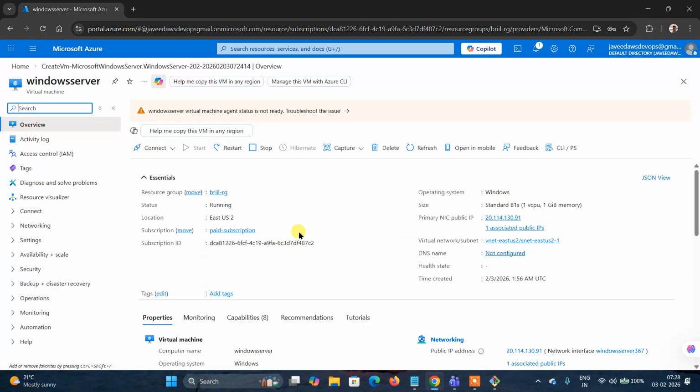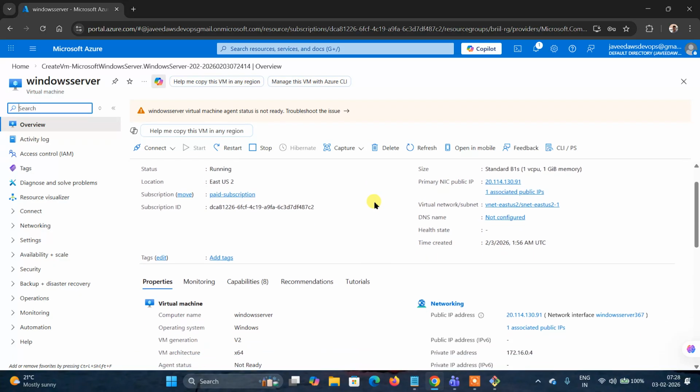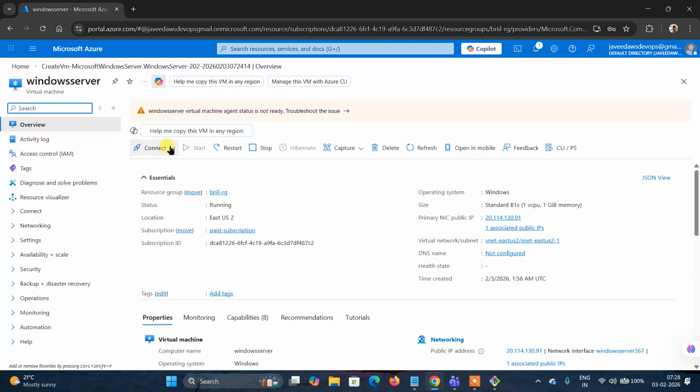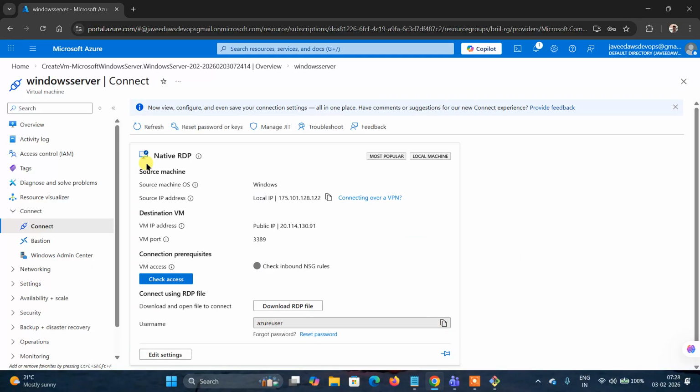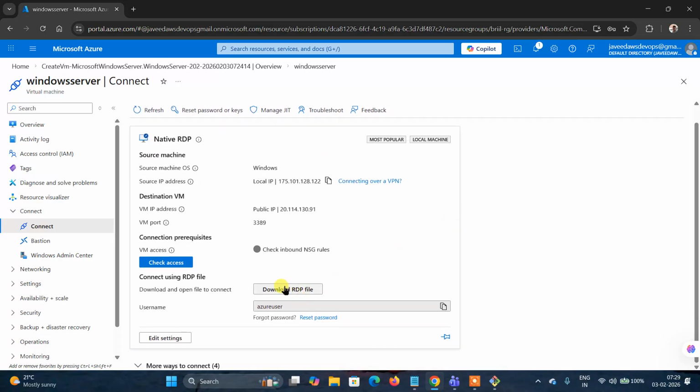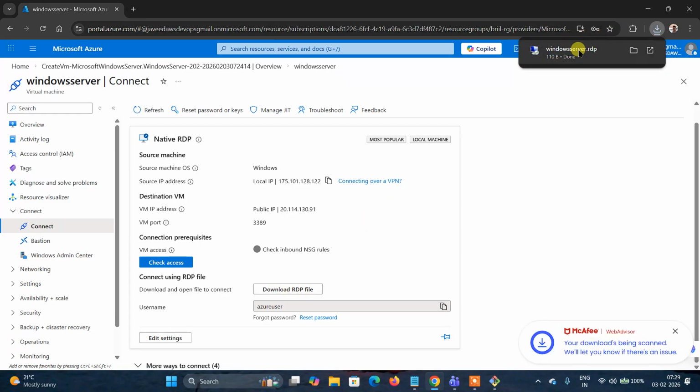Now I have created a Windows virtual machine. Once the virtual machine is created, to connect, click on connect. You can check two options here. One is the connect option, second is the bastion option. I'll explain what bastion is in future. Right now, just select the connect option. It's the same as in AWS and Google, all clouds are the same. First, we need to download the RDP file here. Once you have downloaded the RDP file,